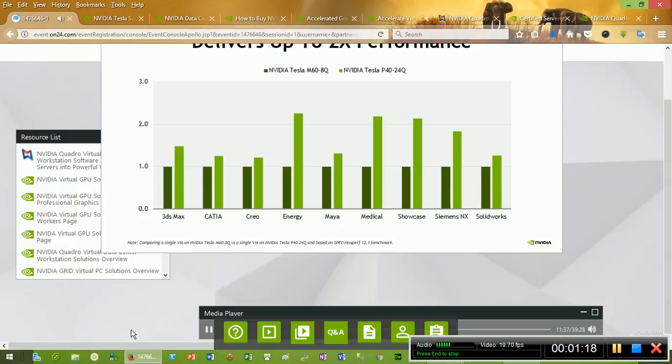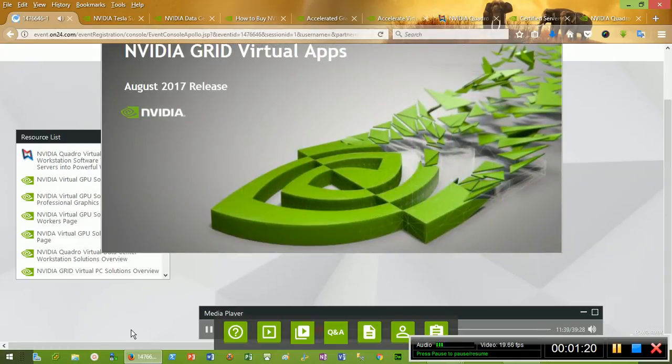So I'm going to transition here. These are the products that you're familiar with as our NVIDIA Grid product line. We have a virtual PC and a virtual apps product, and these products too are being enhanced and improved in this release. So just to recap where we're at in this launch announcement in this webinar, we've talked